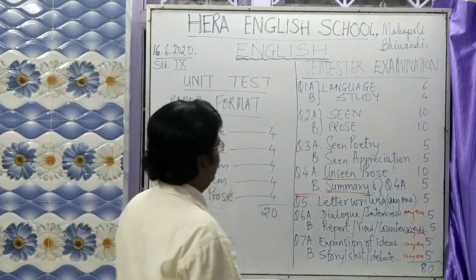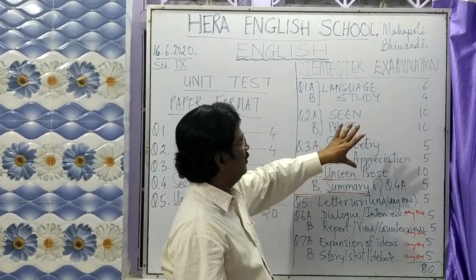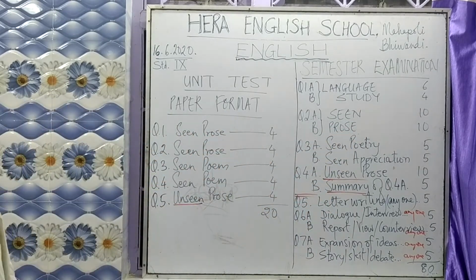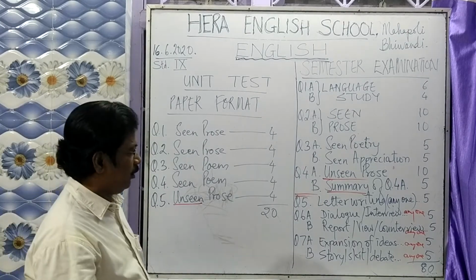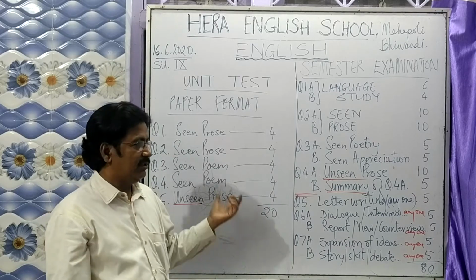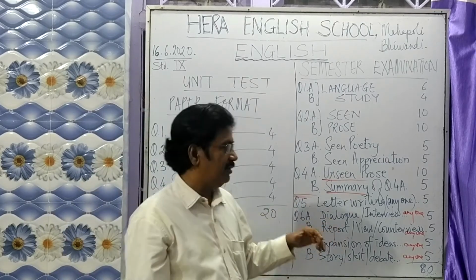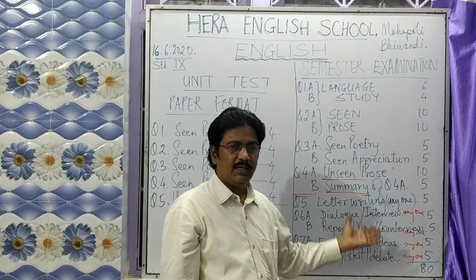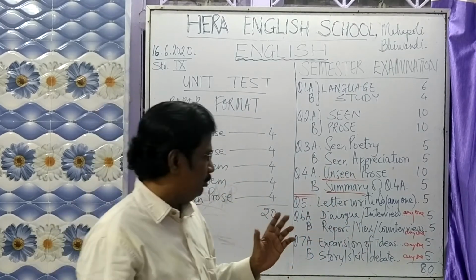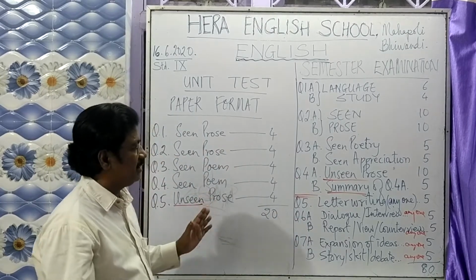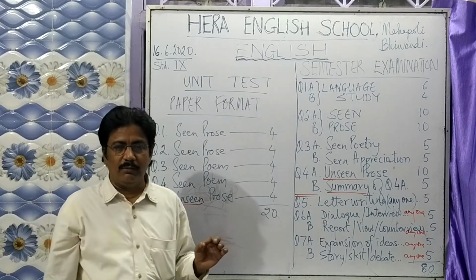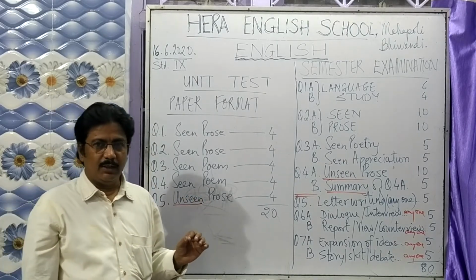So here it is. I have given you the complete pattern of your semester examination, and the pattern of your unit test also. So you can check it out, 20 marks in each unit test. That's your first unit test and the second unit test. And the first semester 80 plus 20, second semester 80 plus 20. You have to be well versed with it. Any questions, any queries, any doubts, you're most welcome to come and tell me.